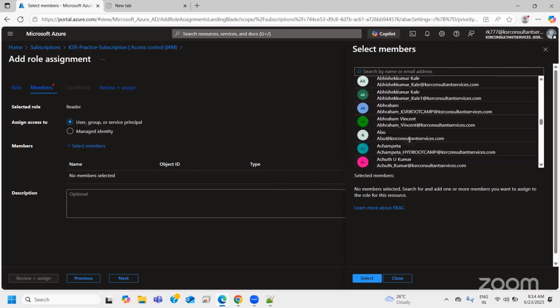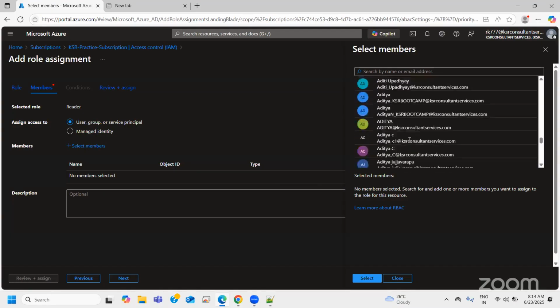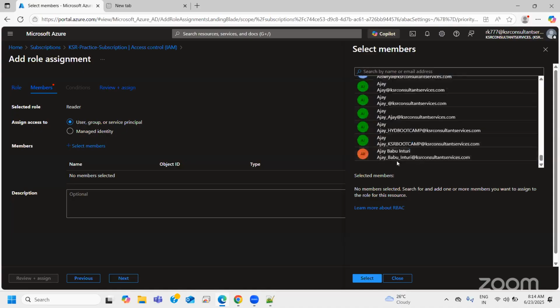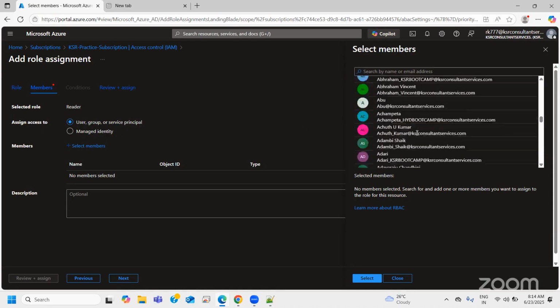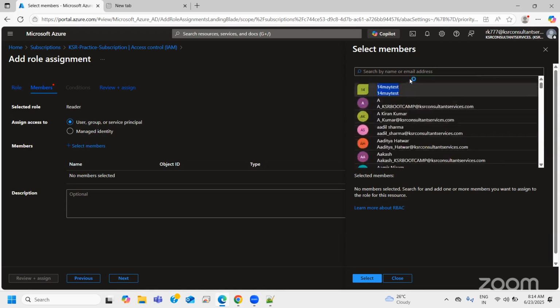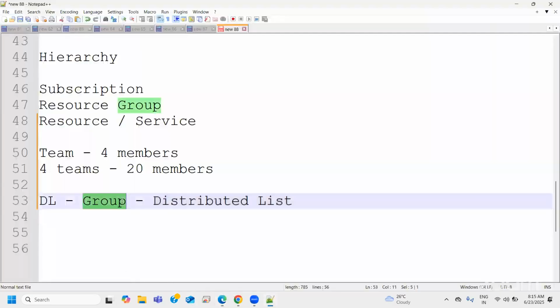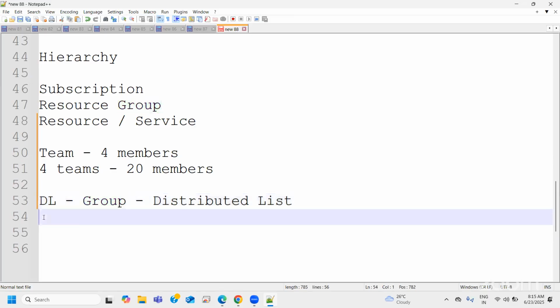all the users who are already in our domain. Every individual will be listed. Now, here the count is restricted, but you can still search for that particular group or individual so that you can give access. And most of the companies follow this group or distributed list approach, right? You need to raise access for the distributed list. There are different distributed lists. It is not that only one list will be created.